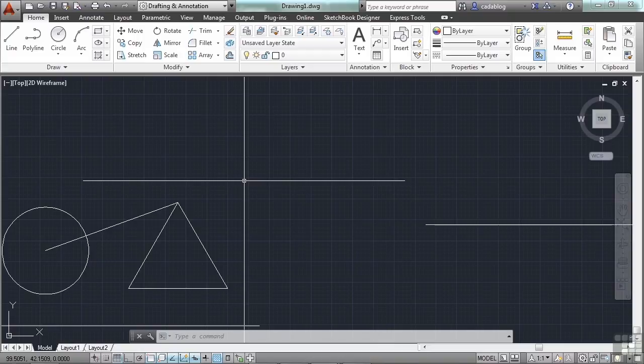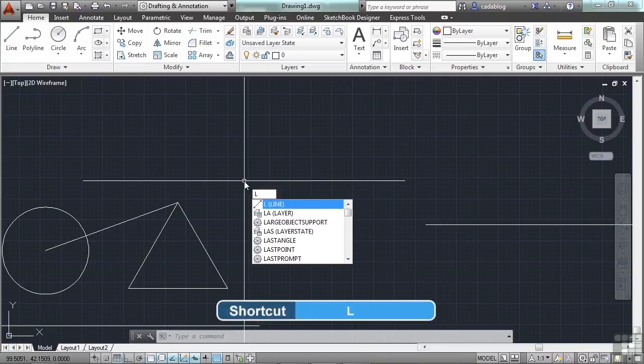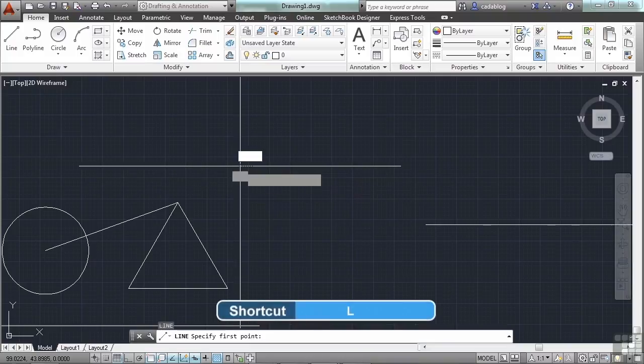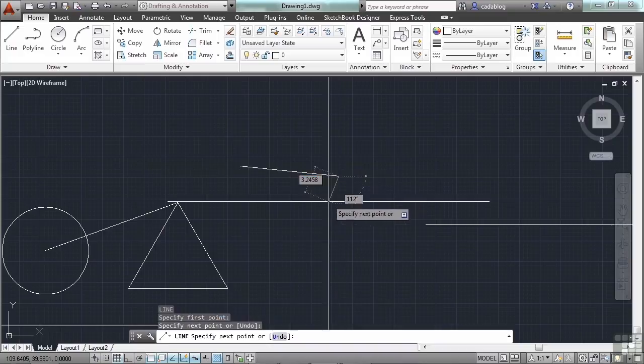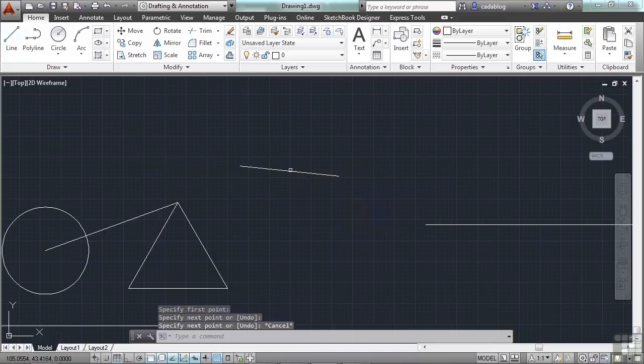And in an earlier video, we did talk about entering commands into the command line. We mentioned the fact that there are command aliases. These are typically one or two keystroke long entries that you use to start a command, like L for the line command, instead of hunting for it on the ribbon, or instead of typing in the full word line, which honestly isn't